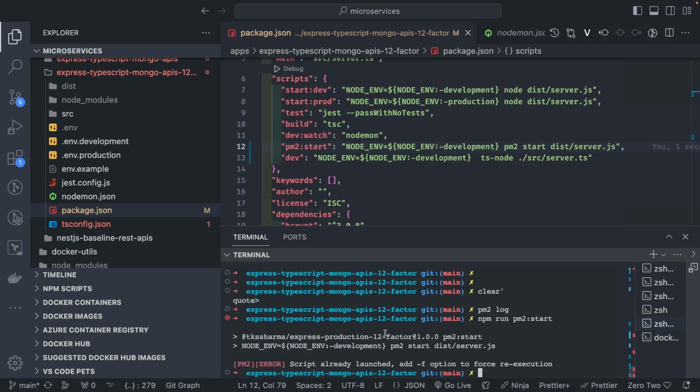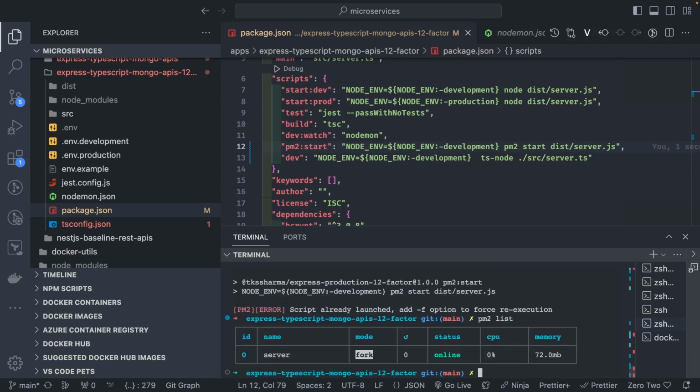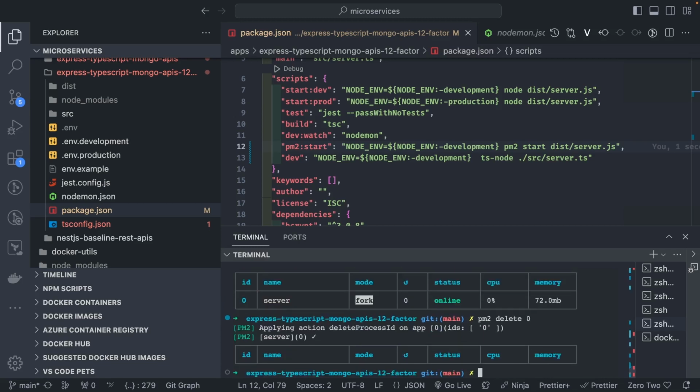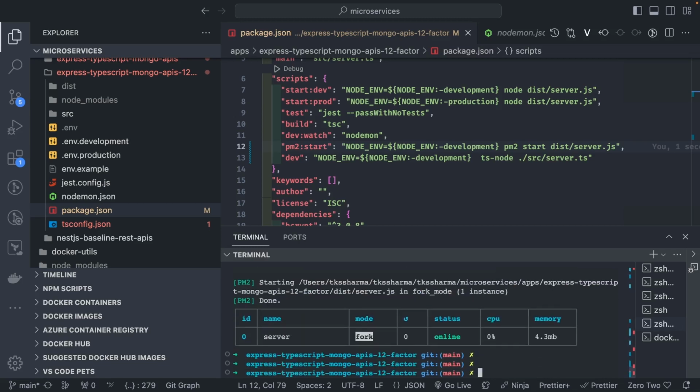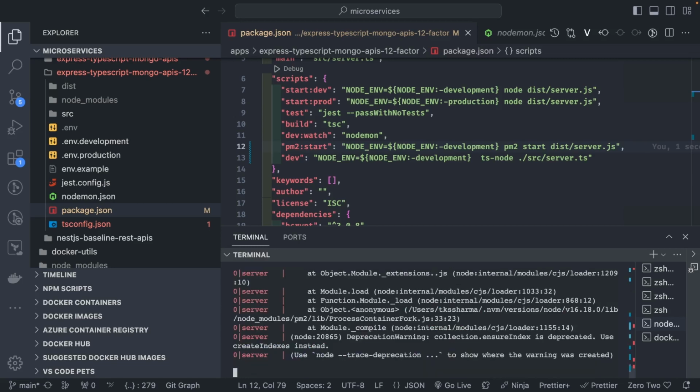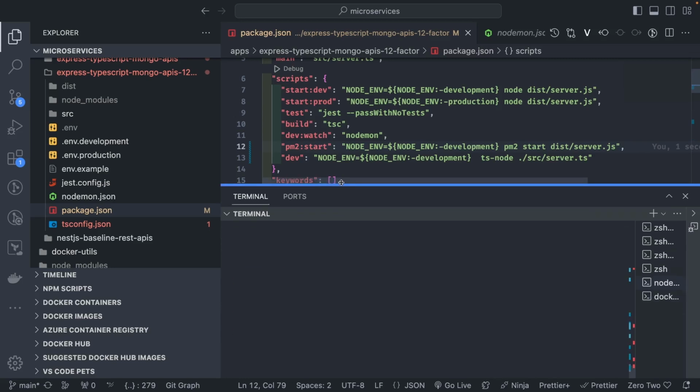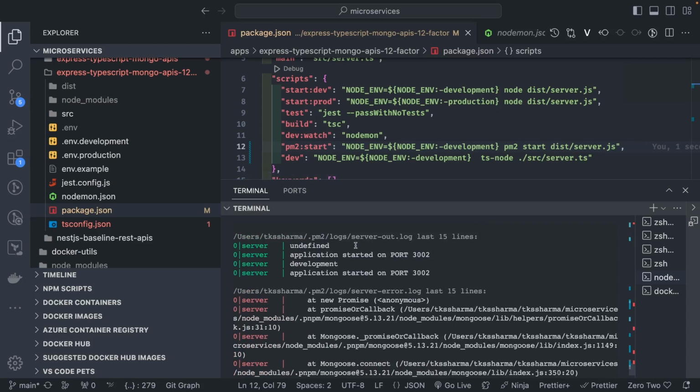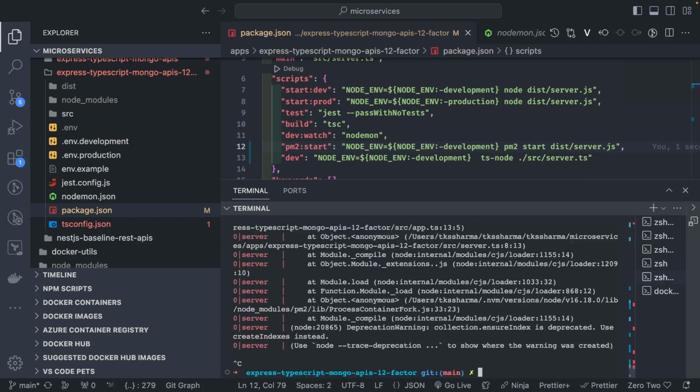Script already launched, okay, pm2 list. Maybe I need to kill this thing. pm2 delete 0. And here I do pm2 logs. Okay, then another thing is how to pass these environment variables to PM2. There are a couple of ways. Either you can export this globally,